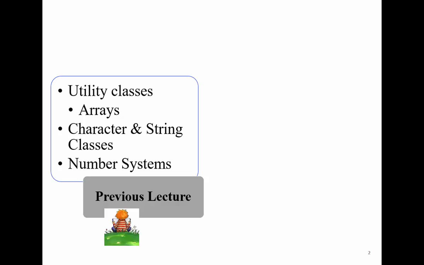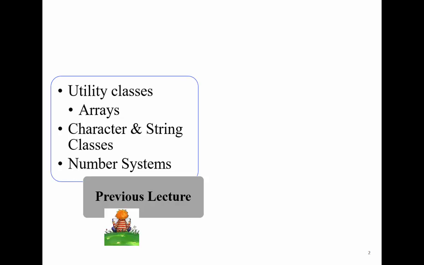We gave an example about the utility class Arrays, which contains static methods that manipulate arrays of different types. We mentioned that almost all primitive types can be manipulated using Arrays objects, except Boolean